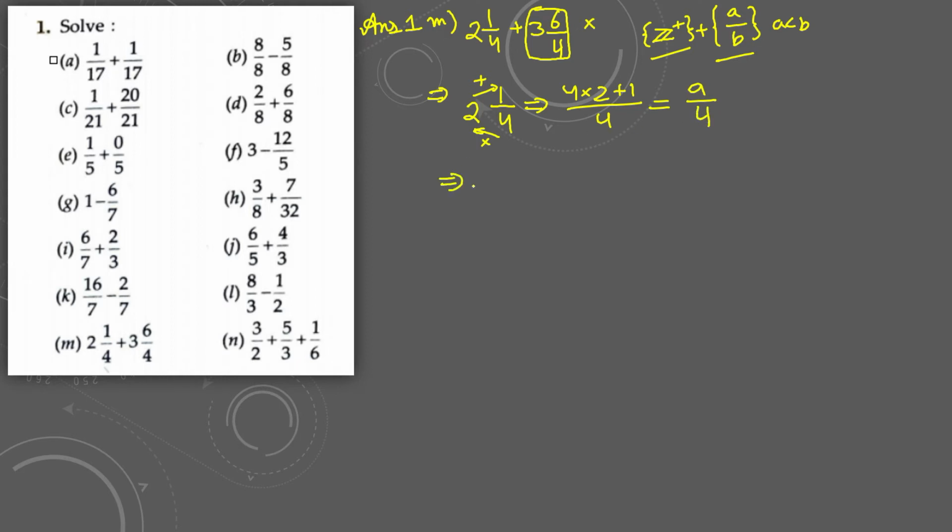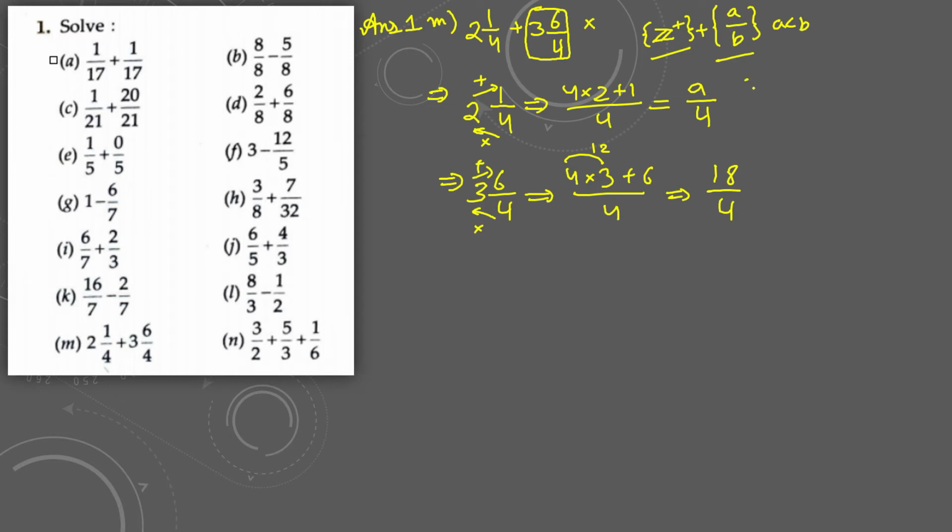For the second part, it is 3 6 upon 4. In this case, we have 4 into 3. We first multiply, then we add. That is 4 into 3 plus 6 whole upon 4, which gives me 4 3s are 12, 12 plus 6 would be 18, 18 whole upon 4. Very logical. Okay, my friends, so now we proceed with the next step.